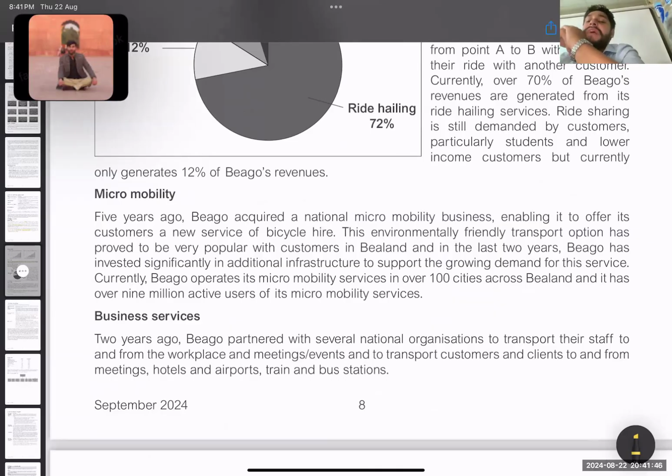Micro mobility. 5 years ago, Biego acquired a national micro mobility business. Okay, so this means that acquisition is your domain. You know how acquisition works. This is not the first time. If the examiner says that you are about to acquire another company, this is not the first time you'll be acquiring a company, because you have a history of acquiring companies. So it says national micro mobility business, enabling it to offer customers a new service of bicycle hire. The environmentally friendly transport option has proved to be